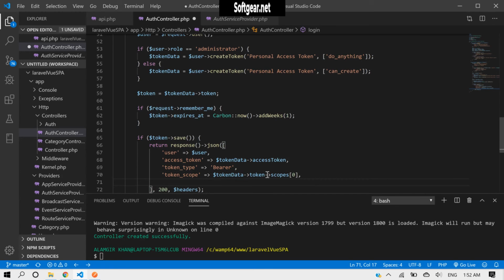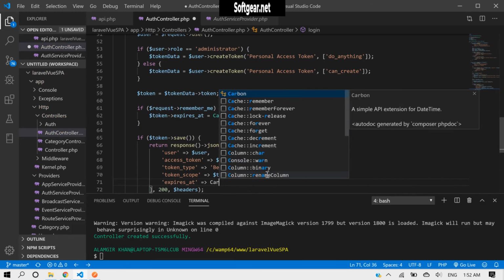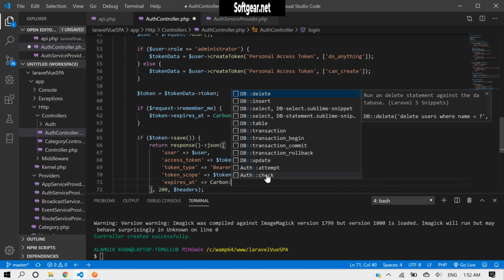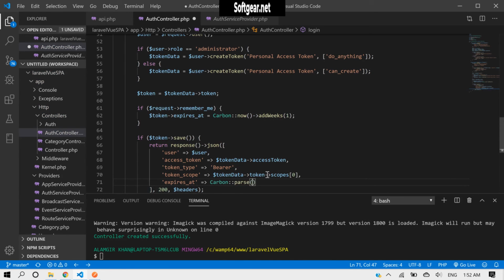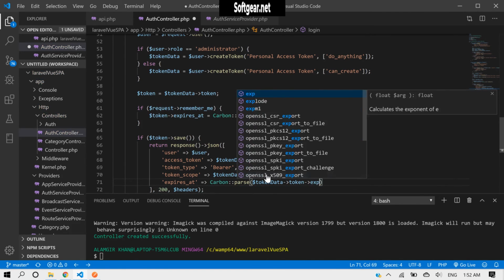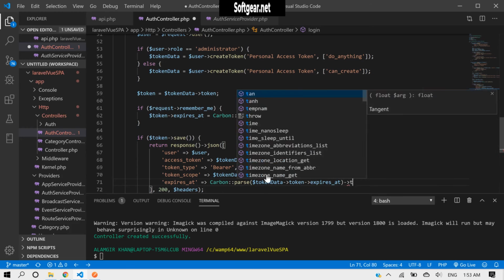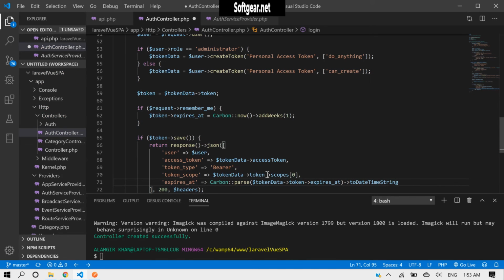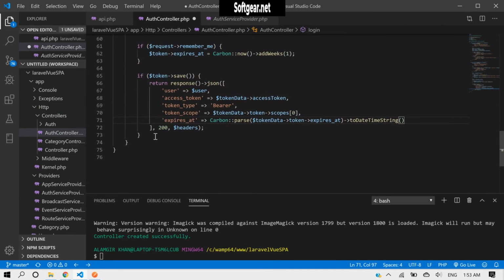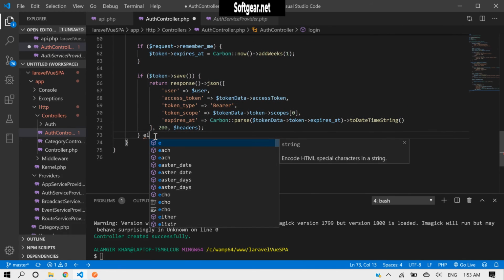This is fine, and we also can send expires at, and let's use Carbon again. These are fine, and else